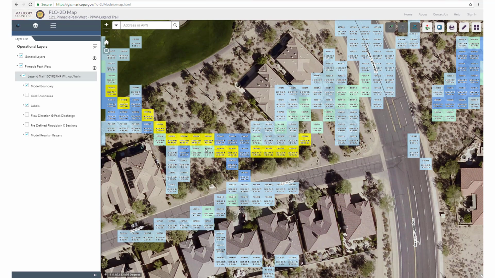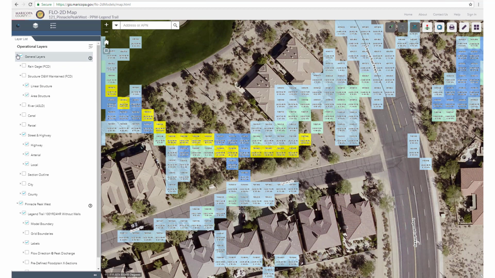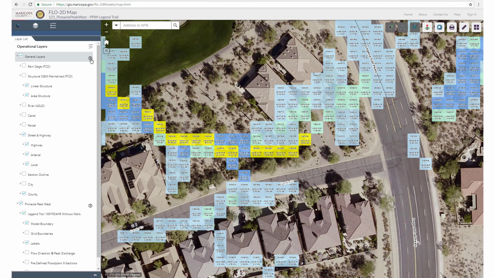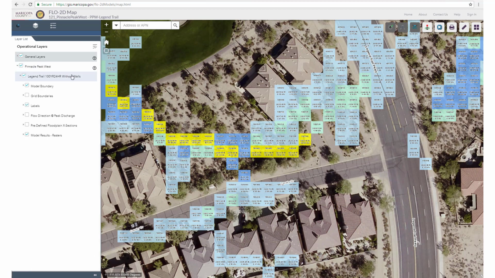With a submodel now selected, let's look at the Layers List tab. There are 2 different trees of layers, General and Model. The general layers are not specific to the study and include rain gauges, streets, and flood zones. Select the question mark to display options to control transparency for the General Layers group. Next, the Model Layers tree on the Layers List tab has the study as the top layer name and the